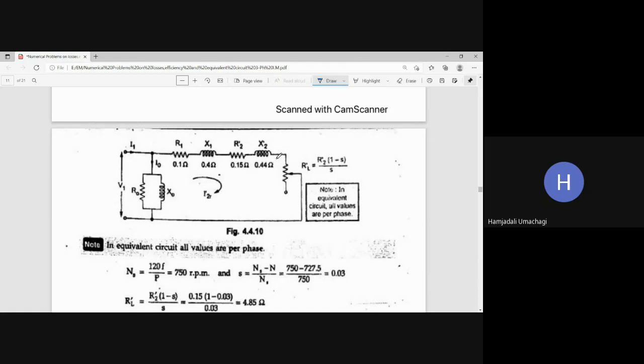This makes it easy for us to solve the problem here. And the mechanical load formula: RL dash is equal to R2 dash into (1 minus S) upon S,